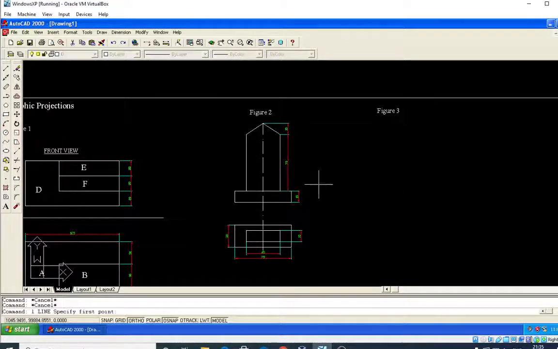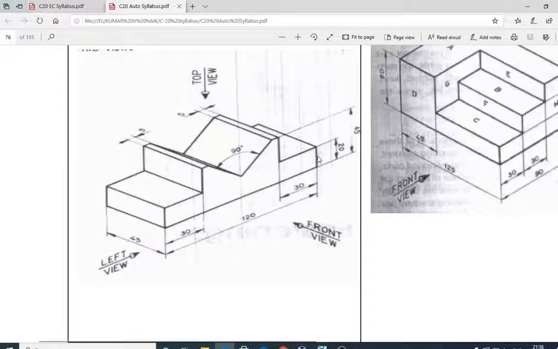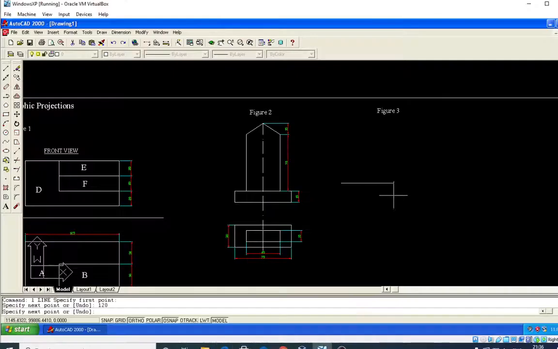Take L, enter, click on this, 120 mm. Okay, so afterwards, after 120 I have to move to the top, that is 20 mm, correct? 20 mm, type 20 and enter. Sorry, Control Z, L, enter, 120, and above it is 20 mm.